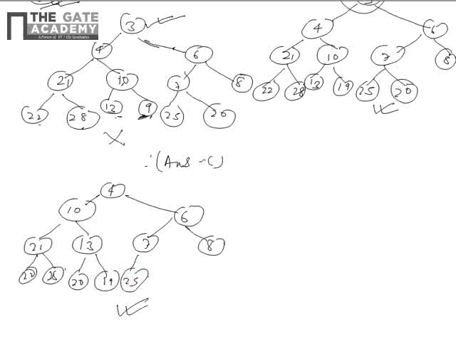Okay, this satisfies our result. Maybe the other options will violate the heap if we delete the root value. Okay, so our answer is A only. See, this is the smallest, so this is the root, and all the other nodes 10, 6, 21, 13, 7 are all smaller than their descendants. Okay, so this is a proper heap, a minimum heap we can say. So this is the answer. Okay, answer is A. Thank you.